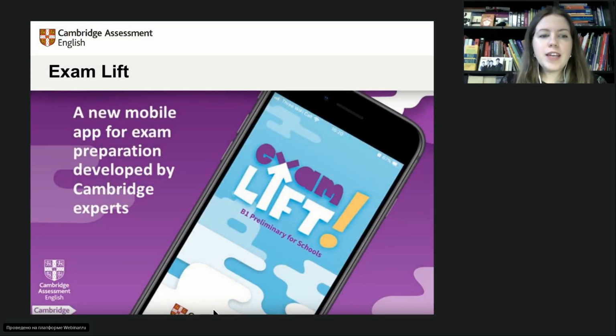Finally, things that some of my students like. One thing, an app. And my colleagues actually like it as well. It's called Exam Lift. It's an app for free, which you can download. And it is for B1 Preliminary for school learners. It gives you practice in the app. Okay, and you can